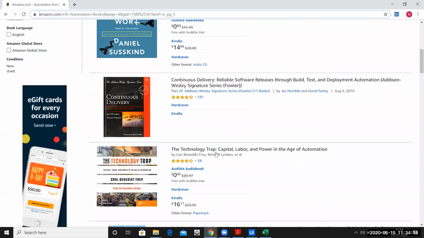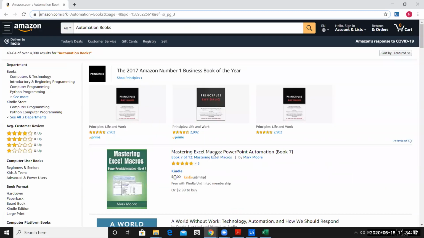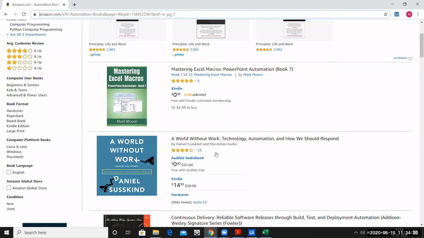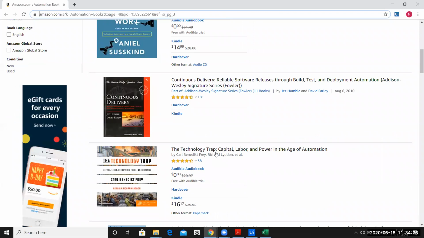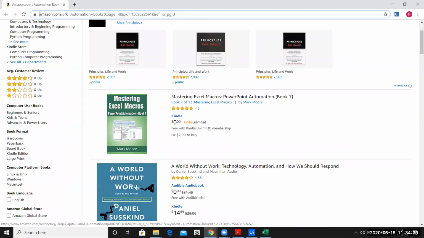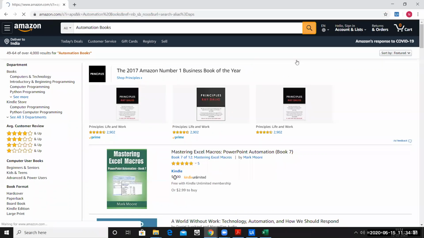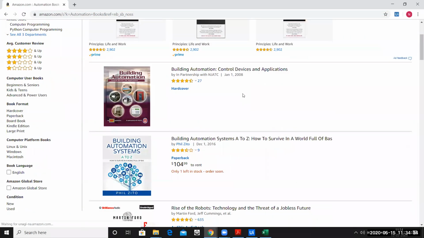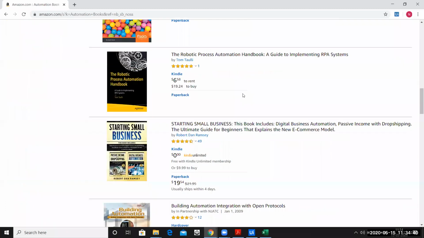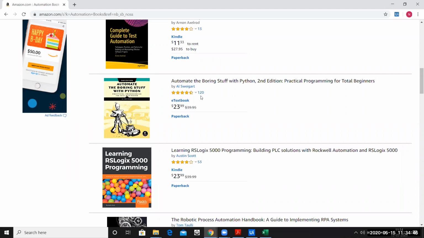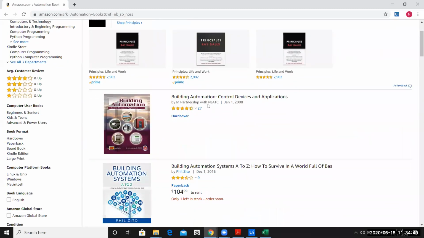I'll show you one more cool feature of dealing with data scraping. Let's say, for example, I have only scraped the book title from here. Now, what if, let me go back to the first page. Okay, so what if I want to extract more data, apart from only the book title, I need to scrape some other data also. So let's say, for example, I want to scrape the date on which it was published, so we can scrape that.